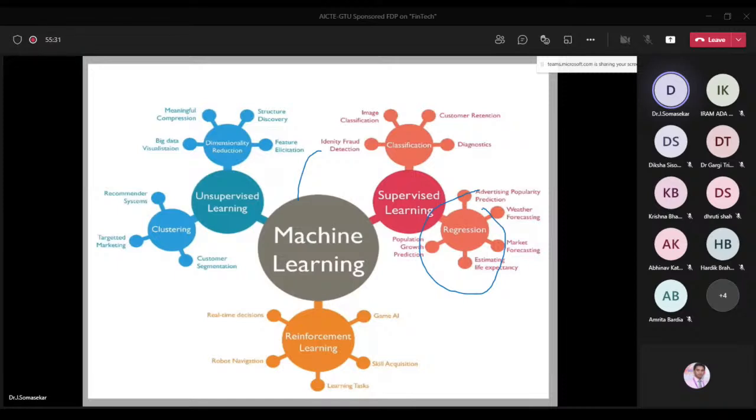It depends on the data set. If we have, let us assume, opening price and closing price, then we can go for a linear regression model. Suppose we have opening price, high price, and low price, and based on that we find the closing price, that is, the end of the day. That is called multilinear regression, which we are going to apply. So it depends on the data set, on how many independent variables there are. Based on that, we can choose the model. It may be a simple linear regression model or a multilinear regression model. We will see both cases in the subsequent slides for Bitcoin price prediction.